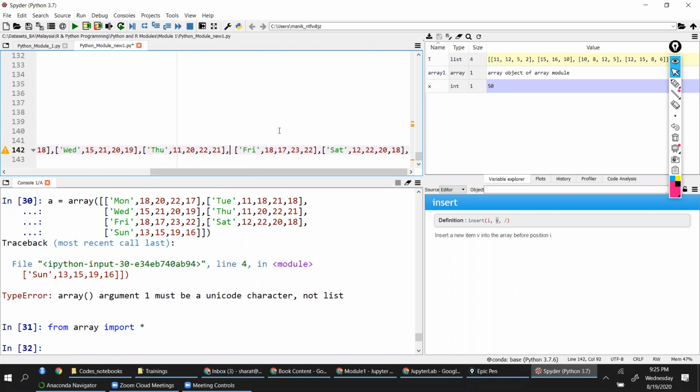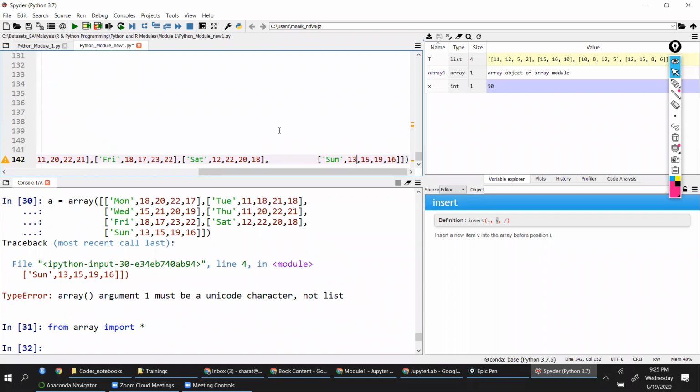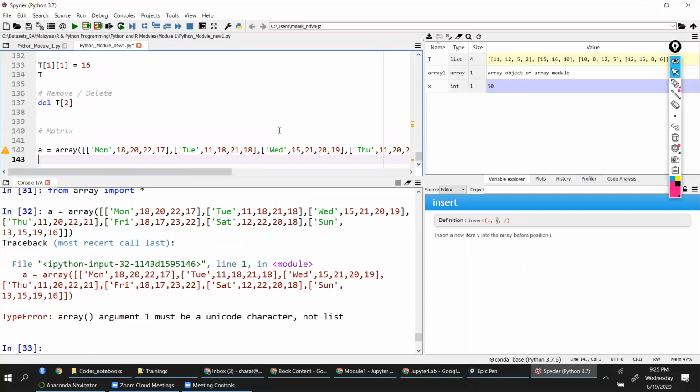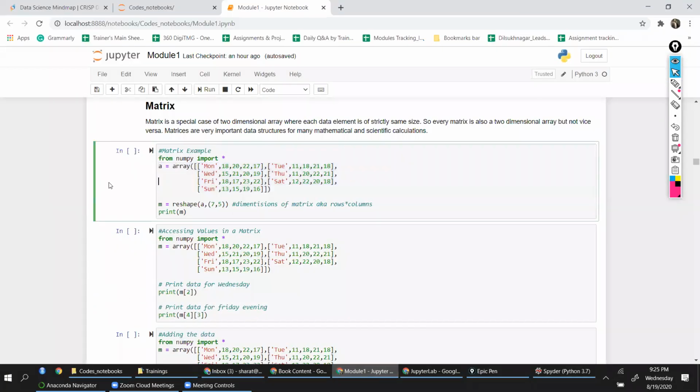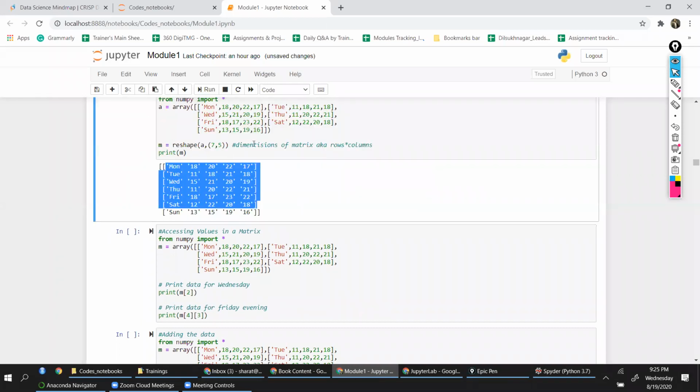There might be some special character somewhere, and it is troubling us. Still throwing error. Why? Yeah, see, it's working so well, nicely here.